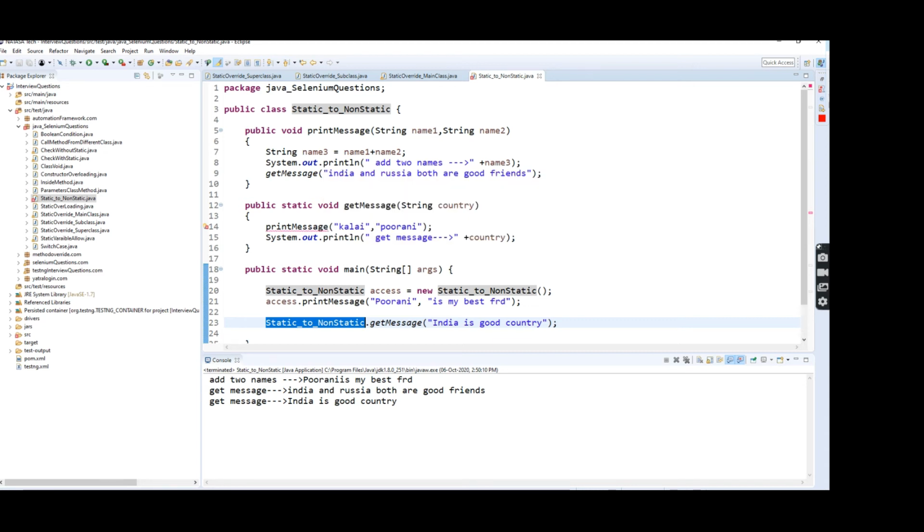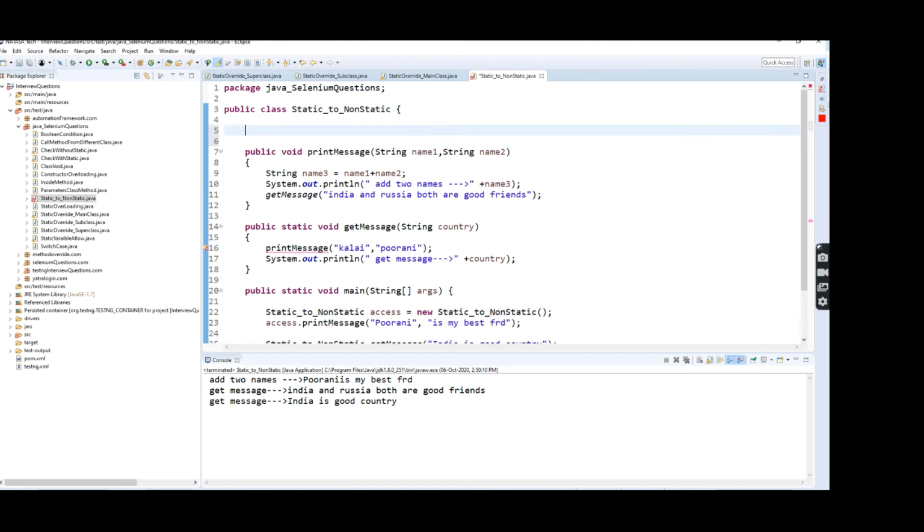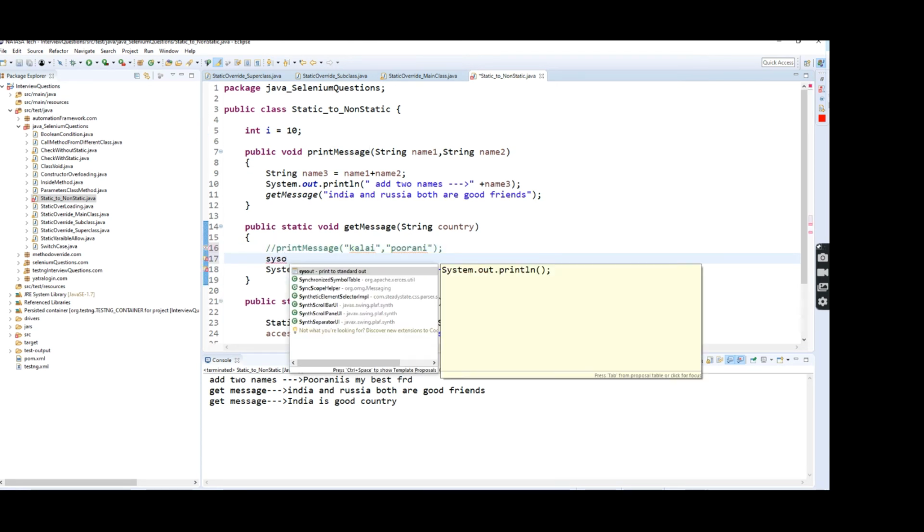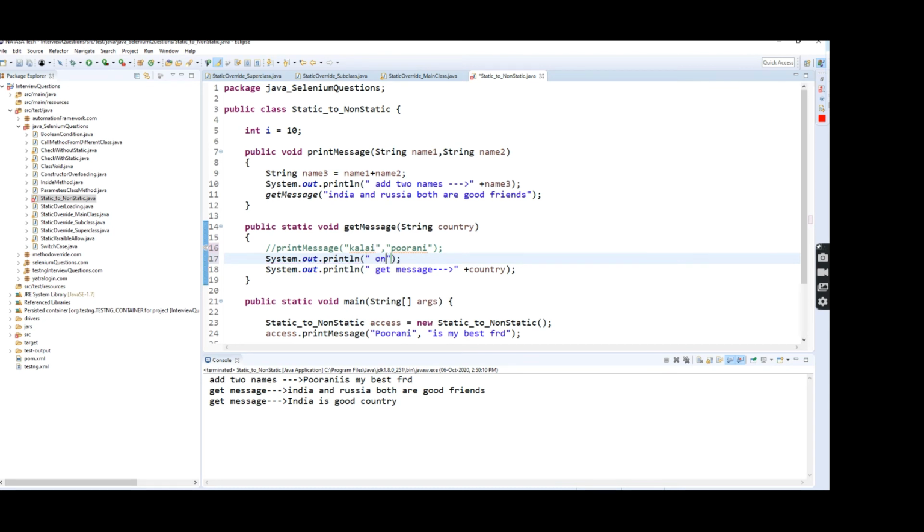Okay. Is there a way to access a non-static variable inside a static method? Let's see. Here I'm going to define a non-static variable. So this is a non-static variable. I'm going to call this non-static variable inside the static method. Directly we can give i.